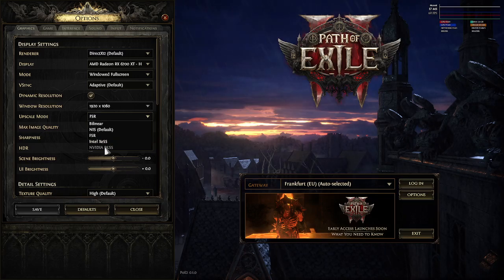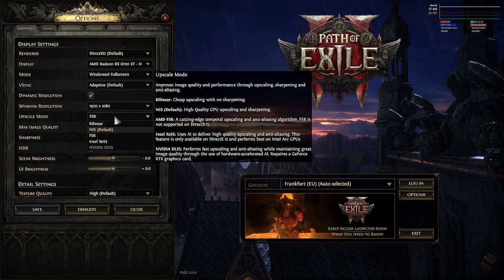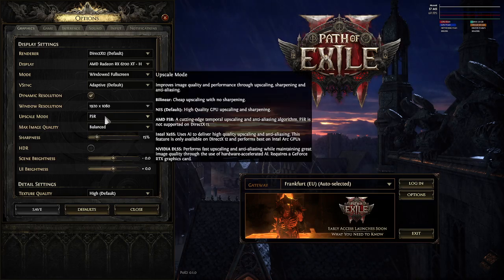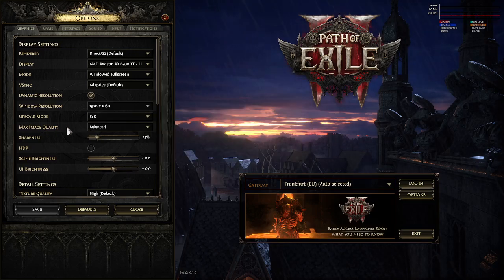And if you have NVIDIA DLSS or AMD FSR, if you have NVIDIA DLSS available, I would highly recommend enabling that. So I would like to enable that if I had a GeForce RTX graphics card, but since I don't have one, I'll just keep it on FSR and it's still fine. It's really good. And you can also change max image quality for that, depending on what you are looking for,